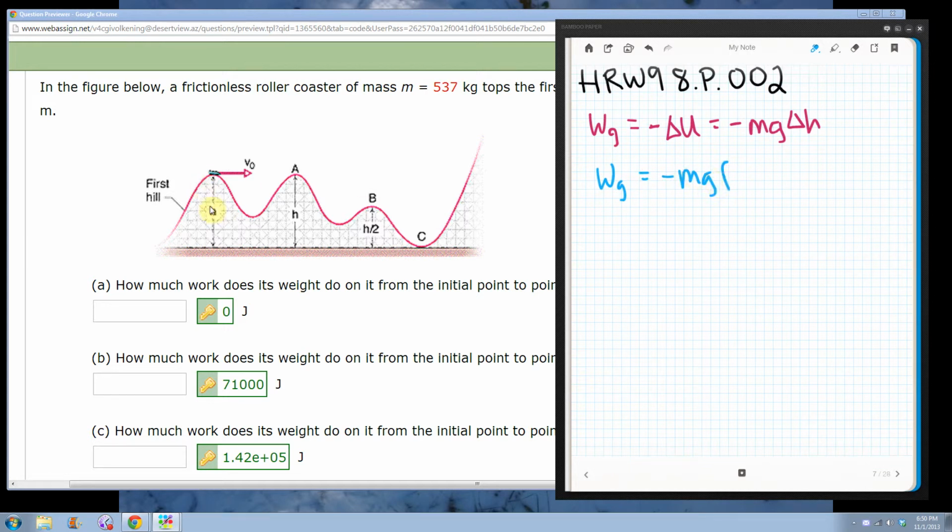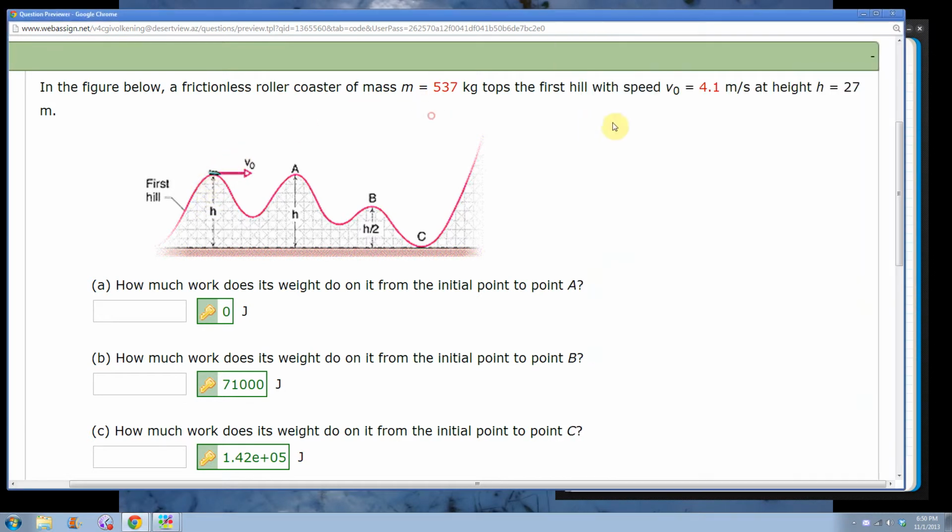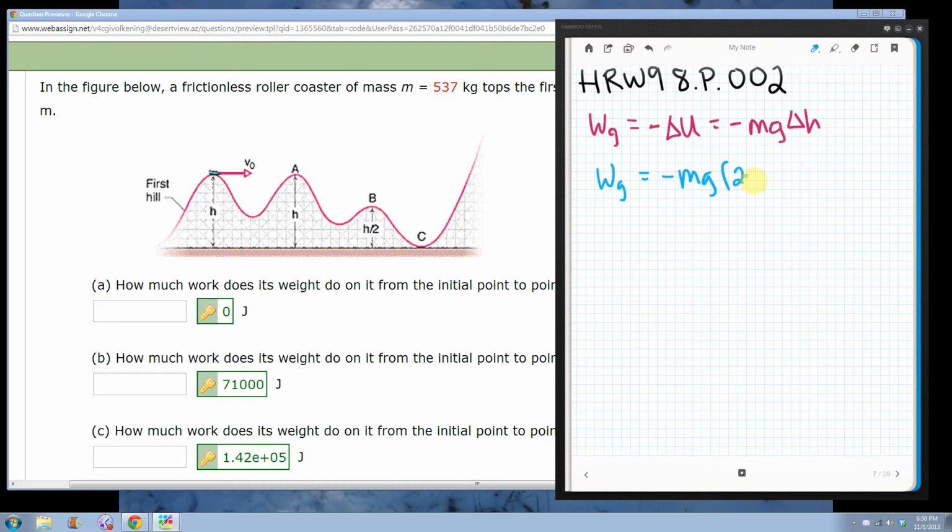Well, it starts off at a height of h. Okay, that's 27 meters. And it's going to change down to point B is half of that. So half of 27 is, let's see if I do them in the head, 13.5? Yeah? So the change was 13.5. Okay, so we get negative mass is 537 times g times 13.5 should give us